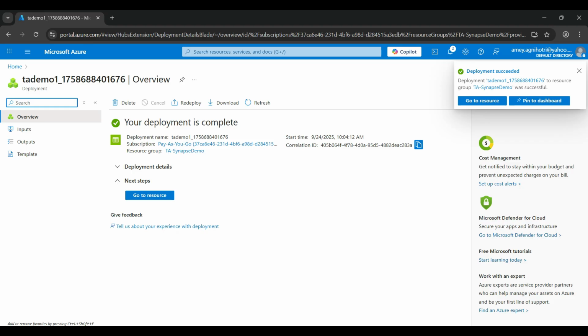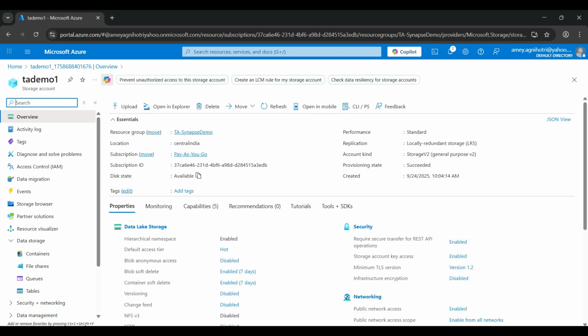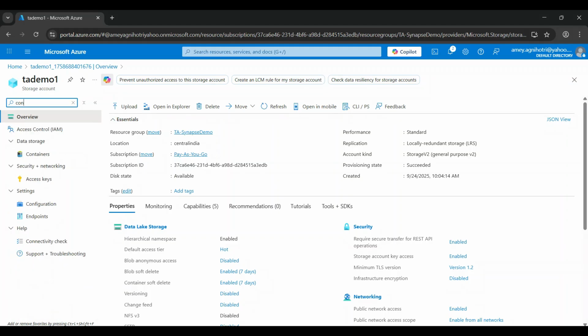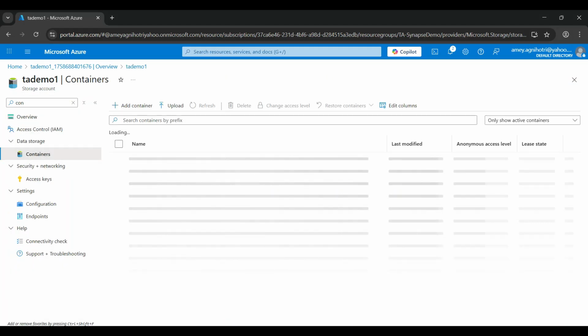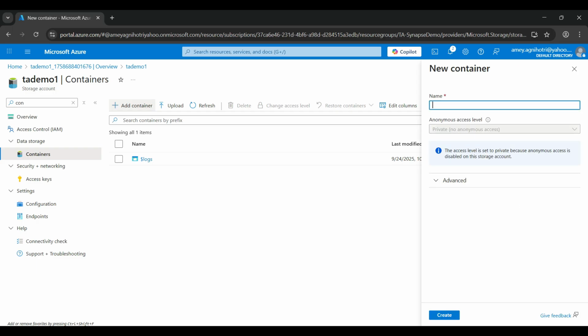So now the storage account is successfully created. Again, let's go to the resource. Once we click, we'll be navigating to the overview page of the storage account where we will get all the details. So now we have to create this data storage. For that, in the side menu, we have to search for containers, and we have to create one more container. For that, we have to again click on this plus add container button, and then in that